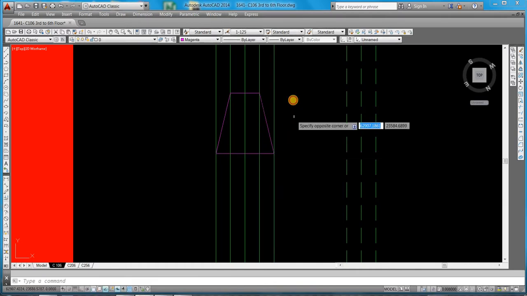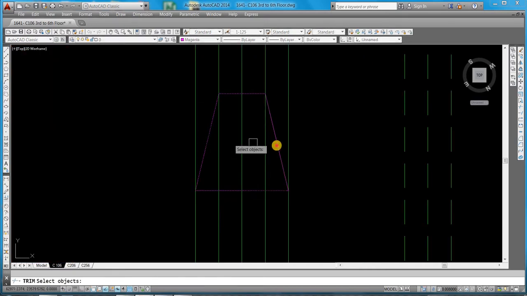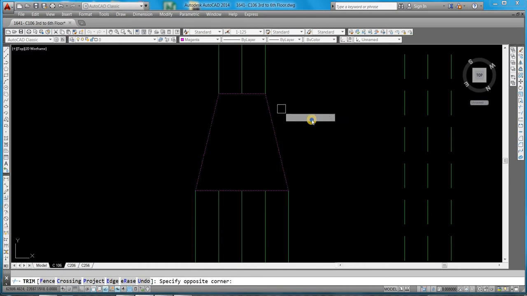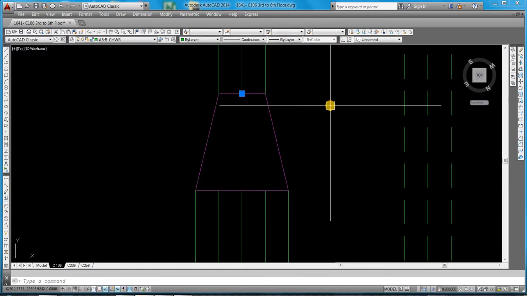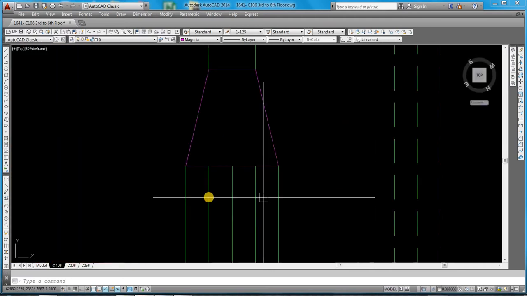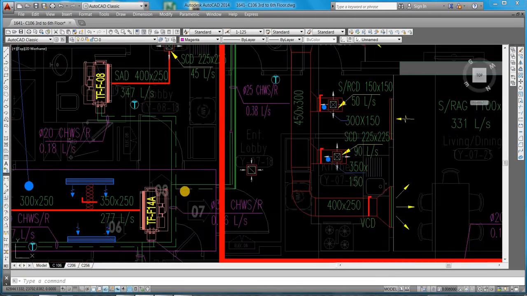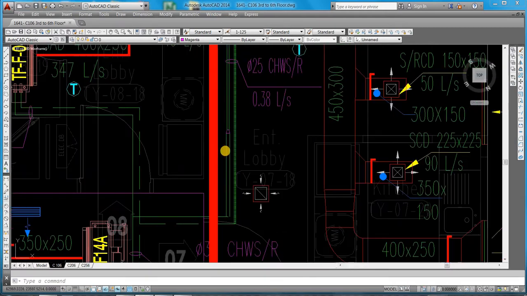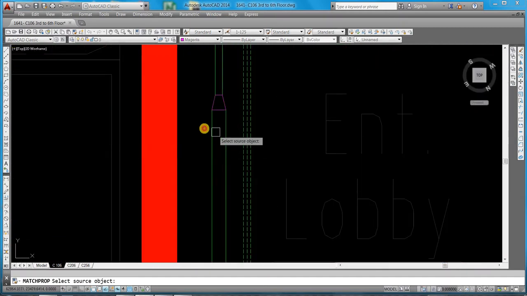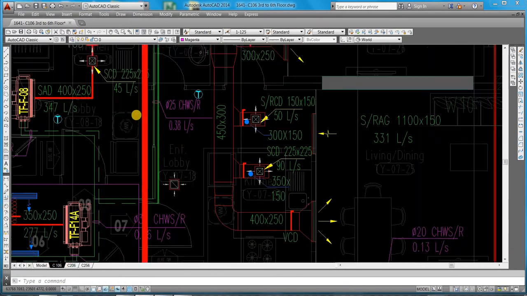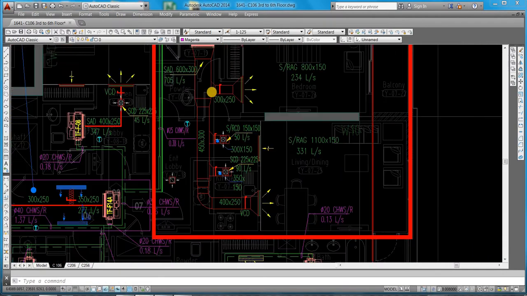I will make this inside one, this one divided by this one. Like this we need to make everything. This is the way we need to do chilled water.